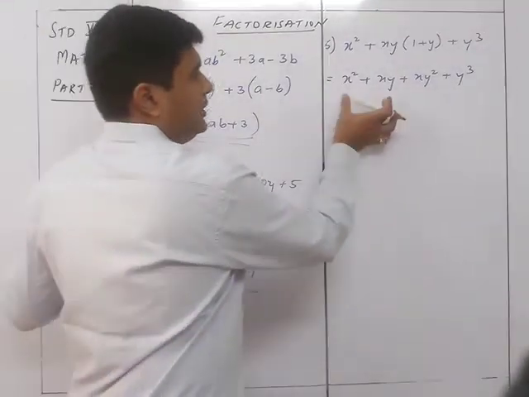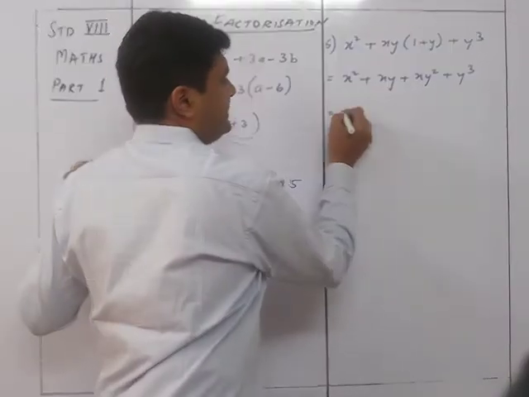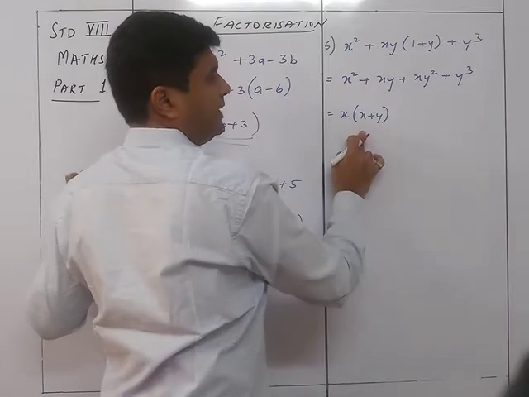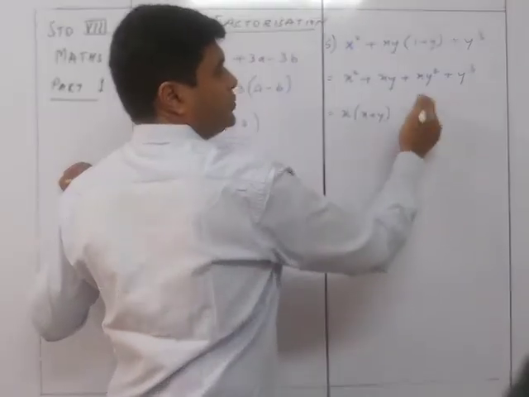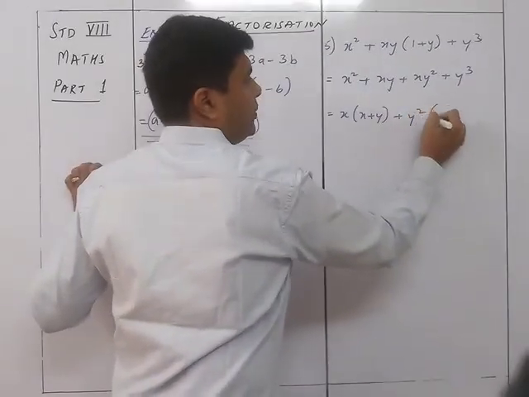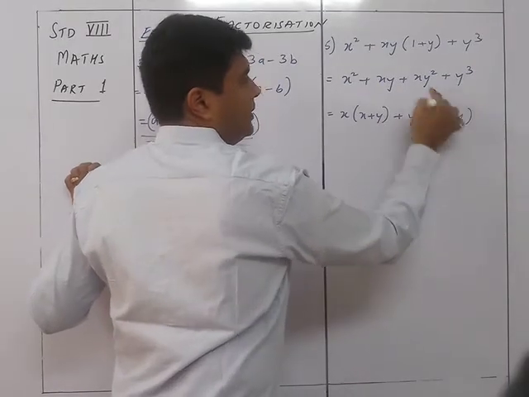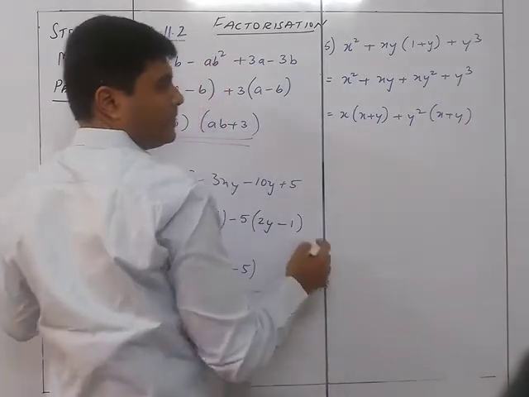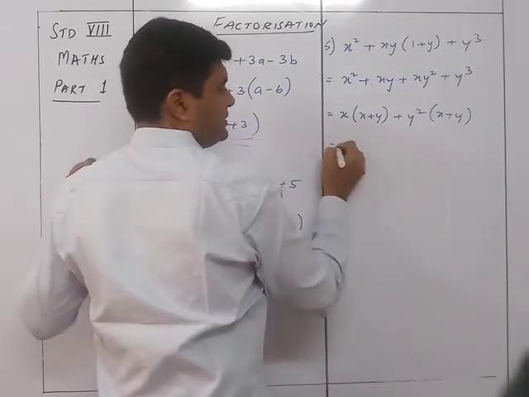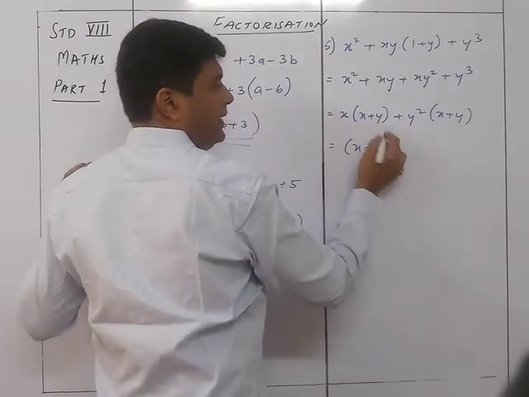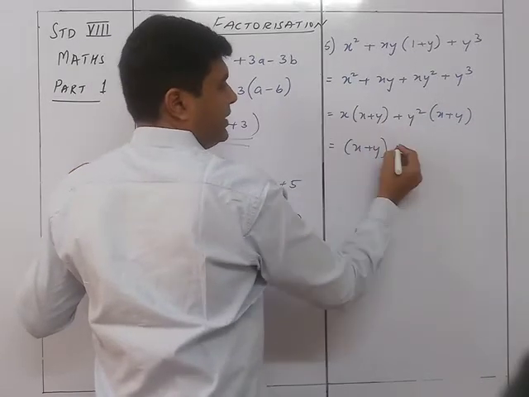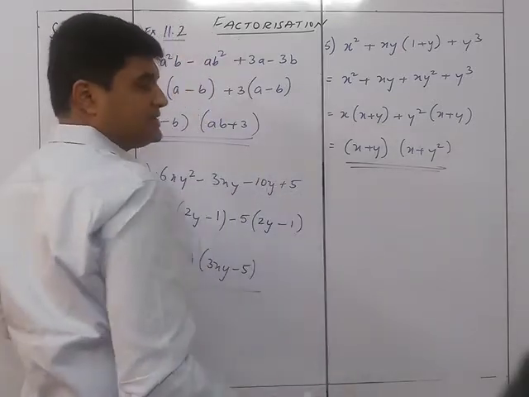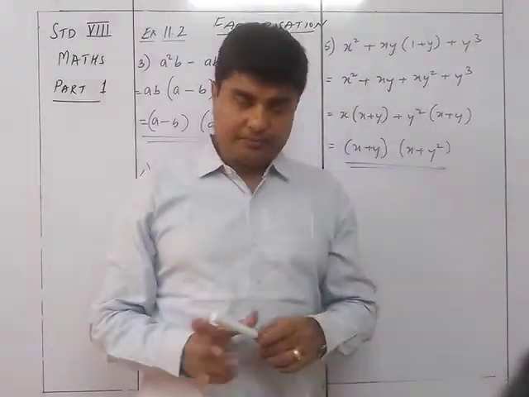Now between these two, what is common is x. So you'll get x plus y as the bracket. Between these two, y square is common. So y square, what do you get is x plus y again. Y square taken out from here, x remains; y taken out from this, y remains. Accordingly, one bracket is x plus y, the common one, and the other bracket will be x plus y square. That's sum number 5.